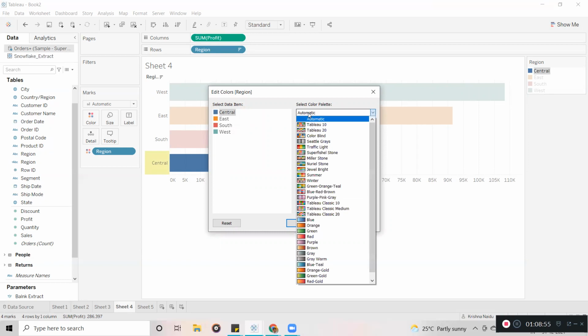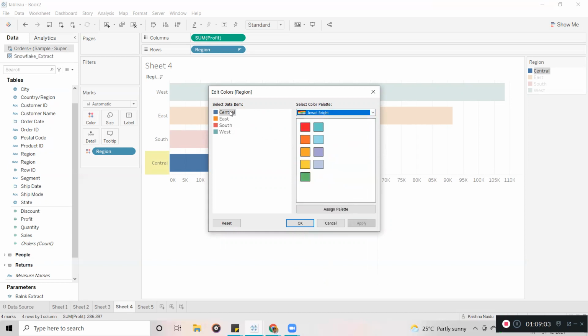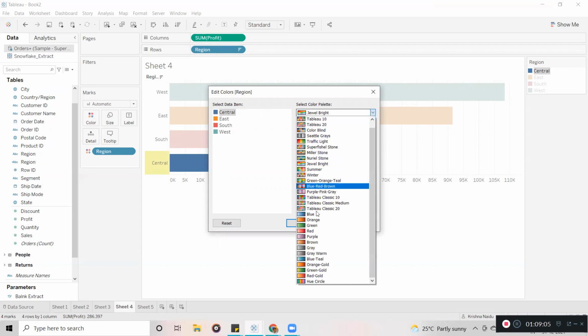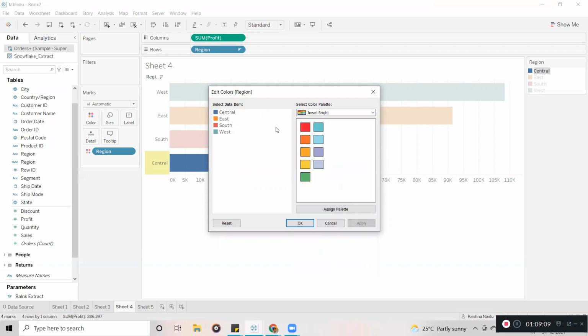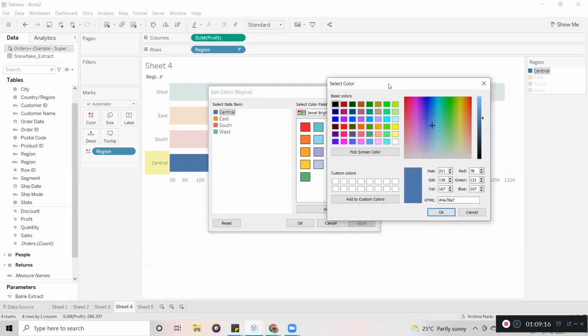See, for example, here you can see we have a lot of color palettes. Now I'm going to select something. If you don't want these colors, you can again double click on this. Once I double click on Central, you can see another window open.